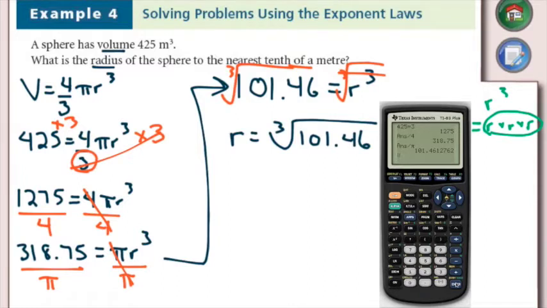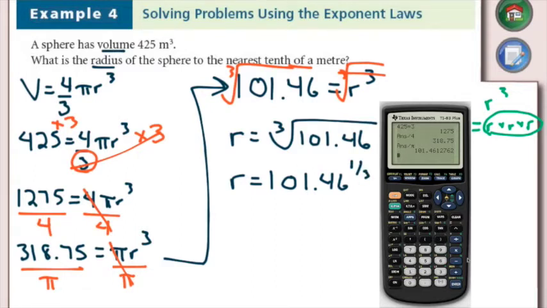This is the type of root that we couldn't actually take. We need to type it in the calculator. And the calculator can be finicky with how it takes roots. Most calculators have a square root button, but not a lot have a cube root button. This is where we can go back and look at the relationship between the fraction exponent and the root. And if we remember that a cube root is the same as an exponent of 1/3,